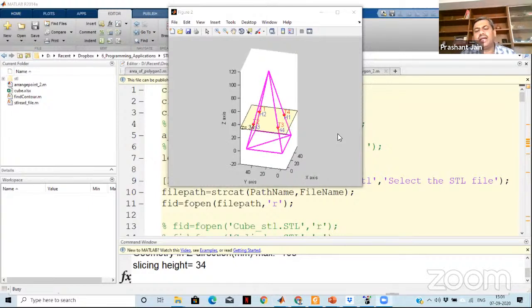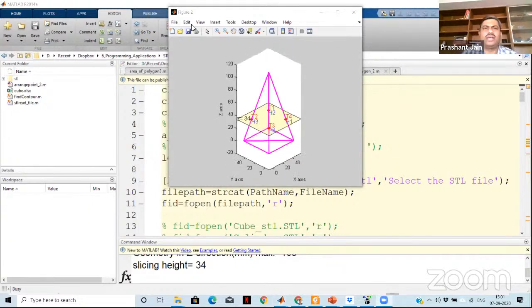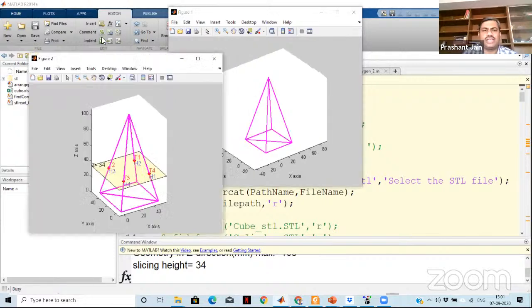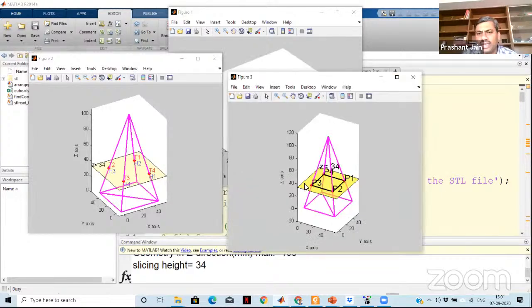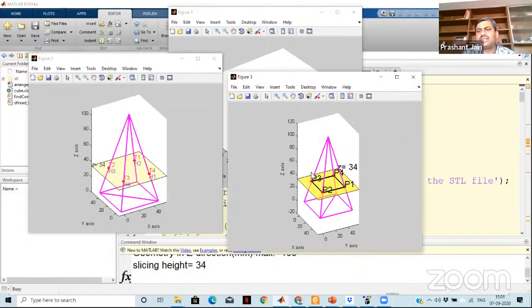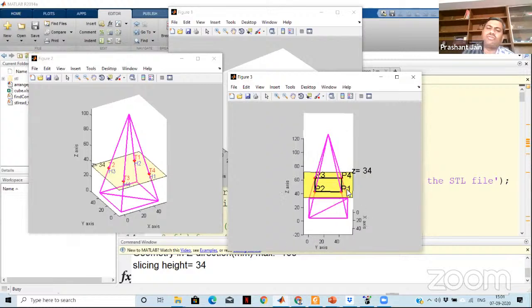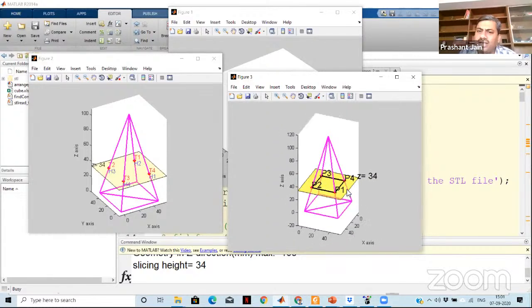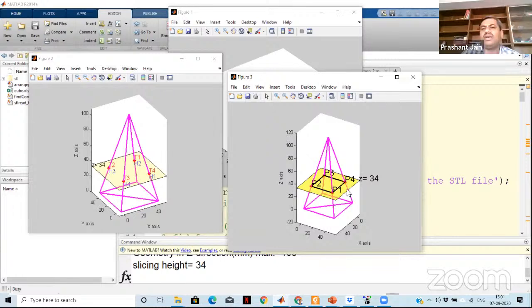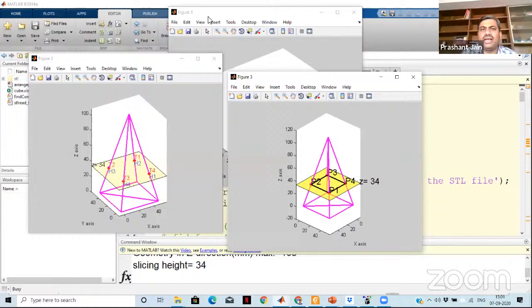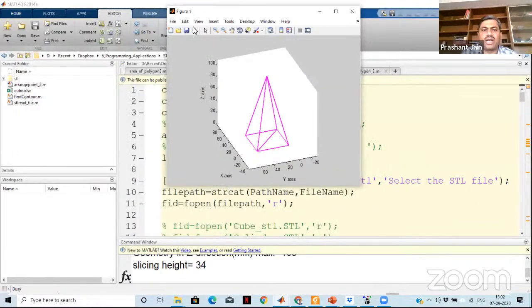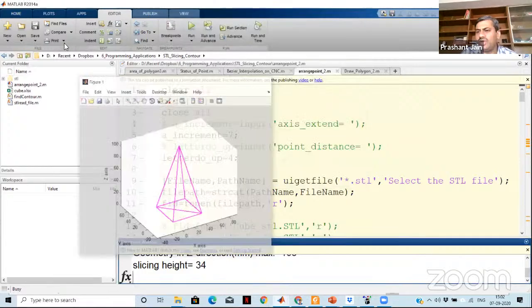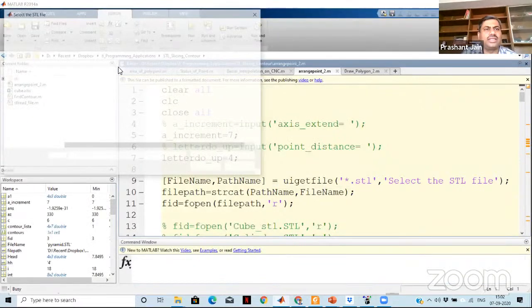Right, and after that it will join in a logical sequence. You see in the third figure, you can see the black color contour, P1, P2, P3, P4. So this is the cross-sectional area or layered information you got at this particular height. Now, if I run this program in successive way, we can get the entire information, right? And now if I take any other typical component, you look at this, we run this program again, right? So we can have any typical component like this.